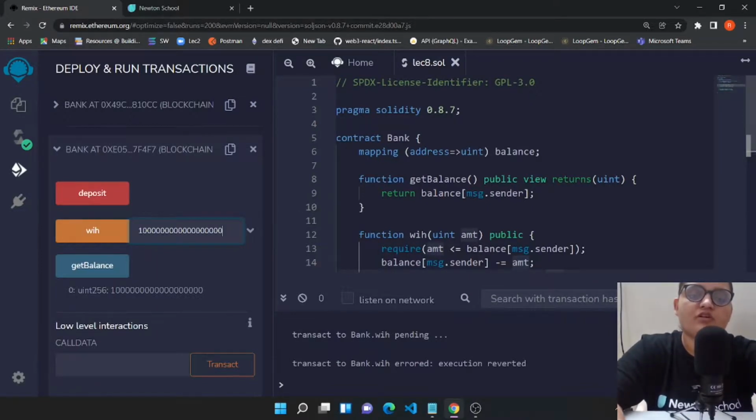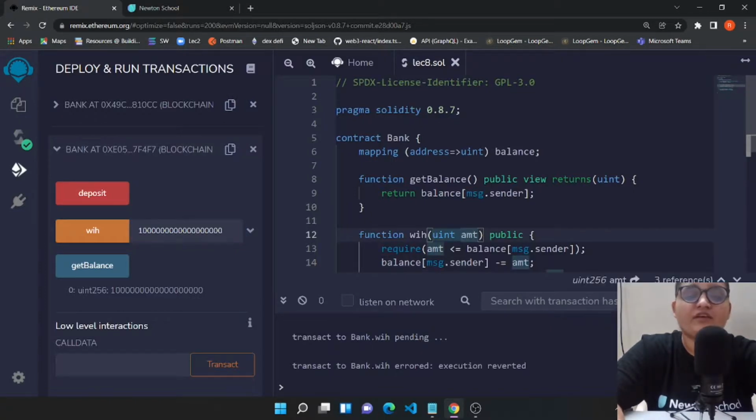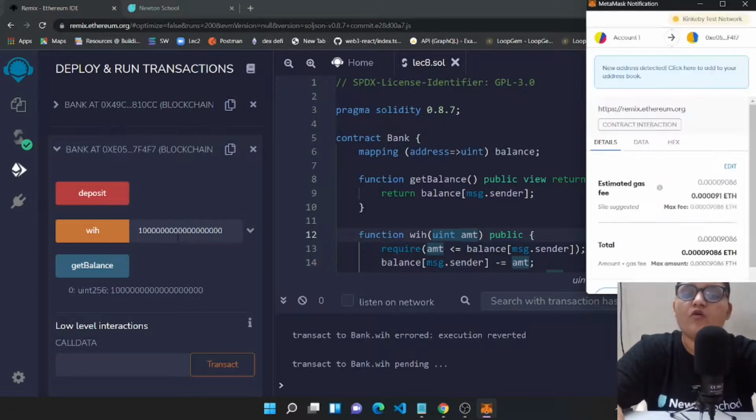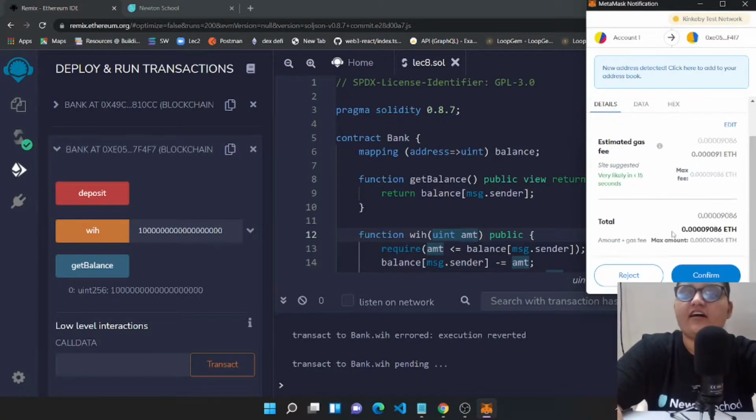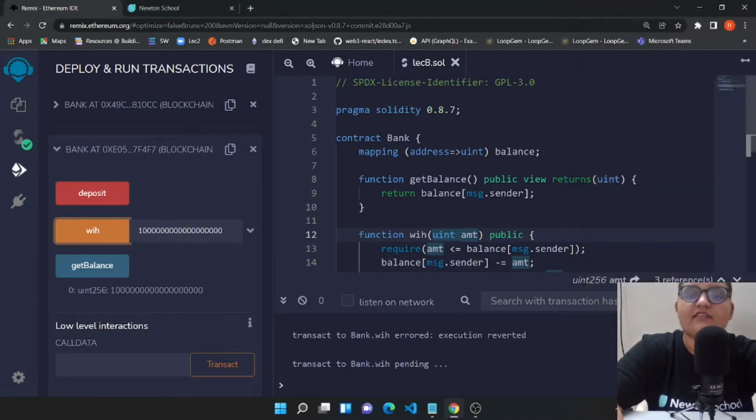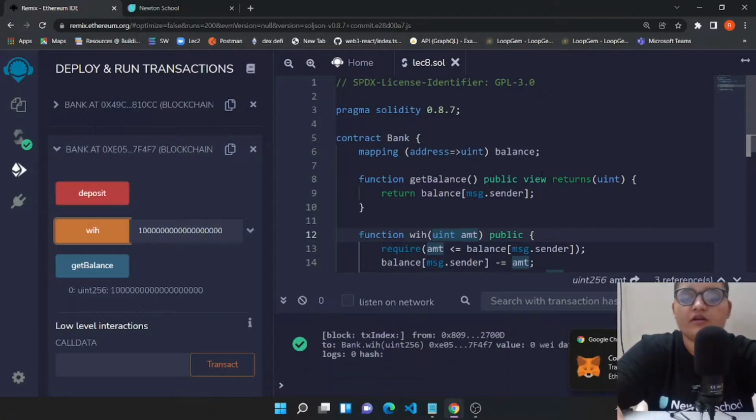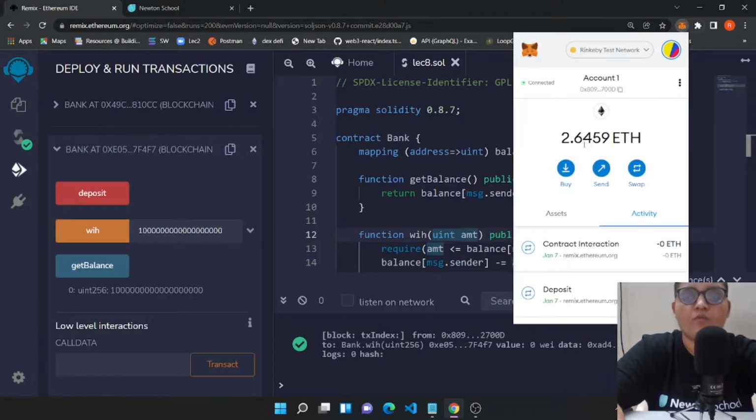And we are not sure whether this is in wei or ether, so let's just try our luck right now. So it was in wei, and yeah, our luck supported us, so we don't get the error and we have our transaction. So let's just confirm and see if we are able to withdraw the money or not. So the transaction was successful. Now you could go to your account and check your balance, which will be around 2.6 ether.